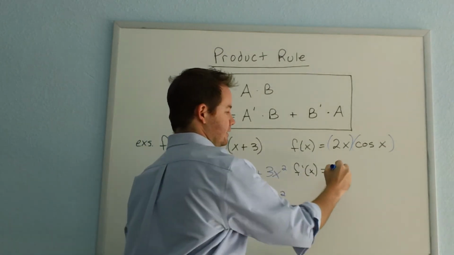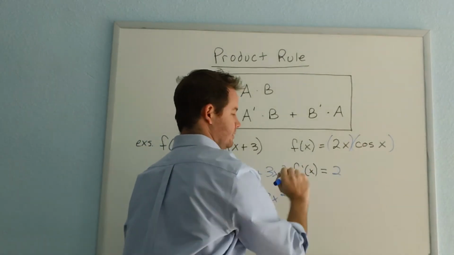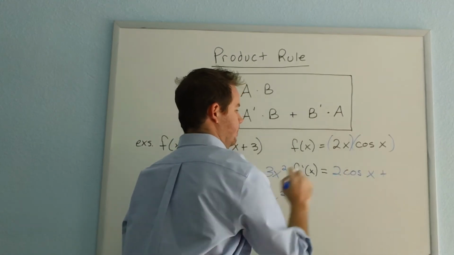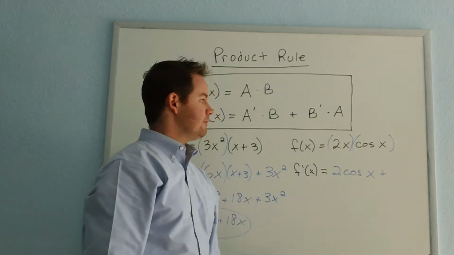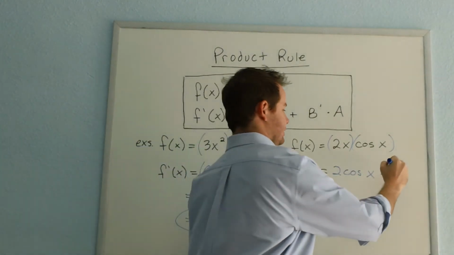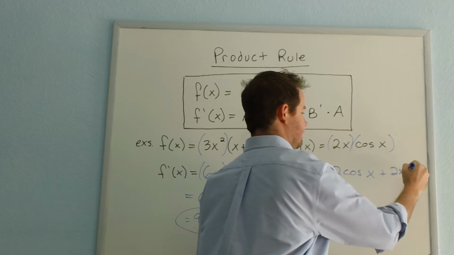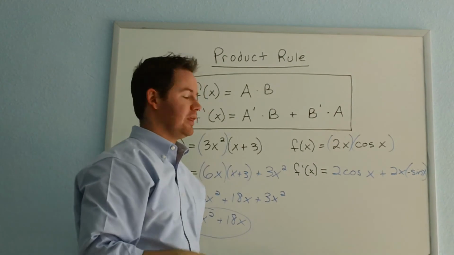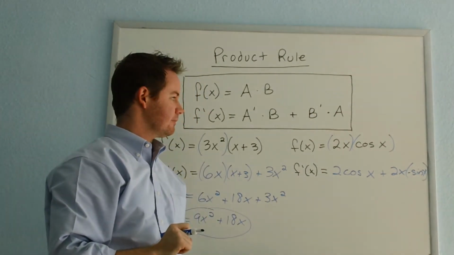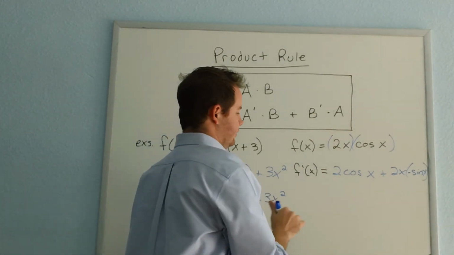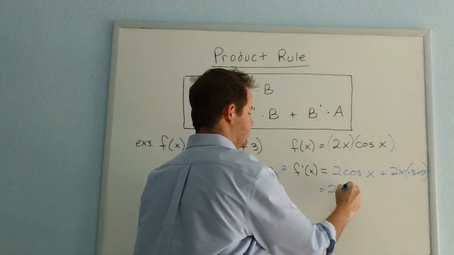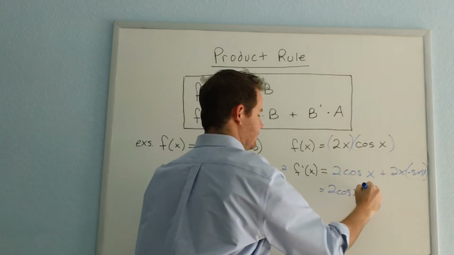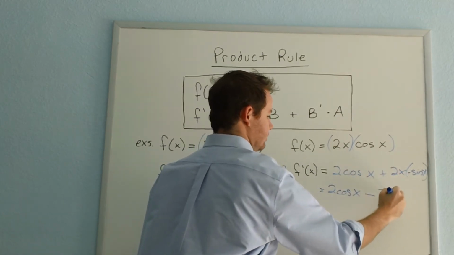The derivative of 2x is 2 times our original expression for part B, and the derivative of cosine of x is going to be negative sine x. So we'll have 2x times negative sine x for that second part of our equation. Here, we simplify: 2 cosine x. 2x times a negative gives us a minus. So we have minus 2x